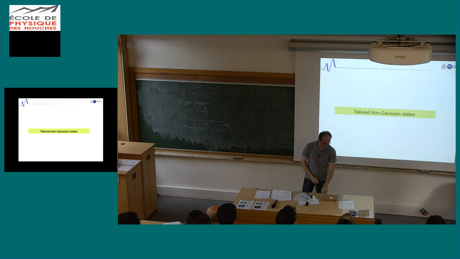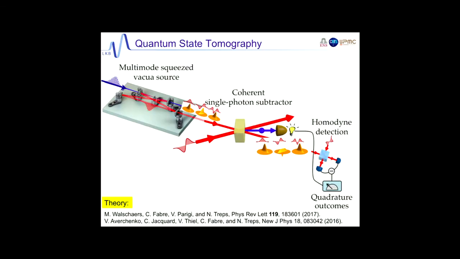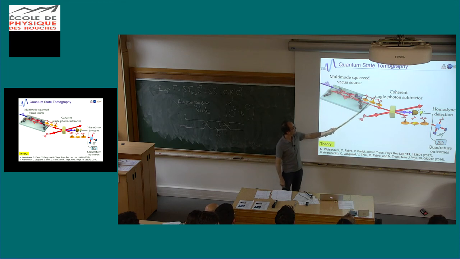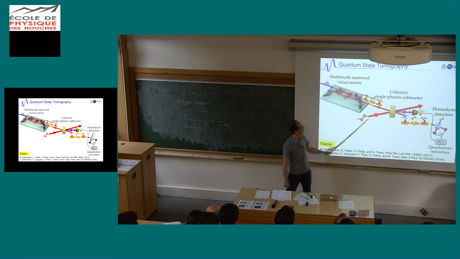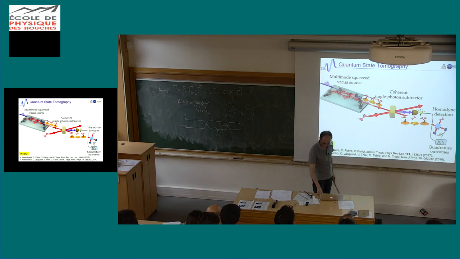And to conclude, I just show you two experimental results doing that. So the experiments look like that. You generate your squeezed states in different pulse shapes. So remember, this is all together co-propagating. Then you remove a photon in a mode which is controlled by this beam, and you make the tomography here.